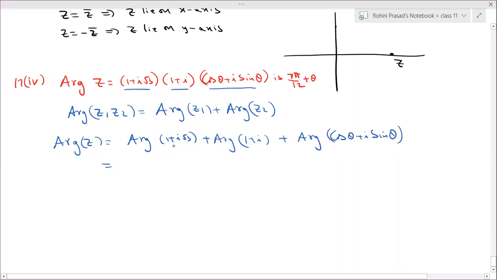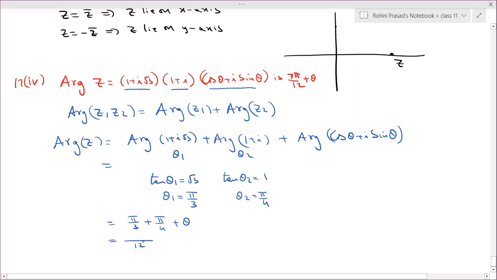So it's very clear that this lies in the first quadrant, and for this, suppose the argument of this is theta 1 and this is theta 2, if we call them. So tan theta 1 equals y by x, root 3, so theta 1 equals pi by 3. And here tan theta 2 equals 1 by 1, which is 1, so theta 2 equals pi by 4. So this is equal to pi by 3 plus pi by 4 plus theta,